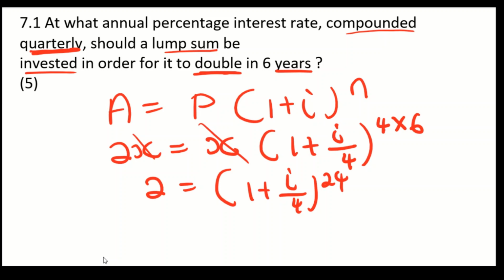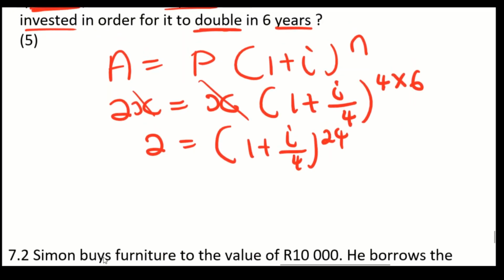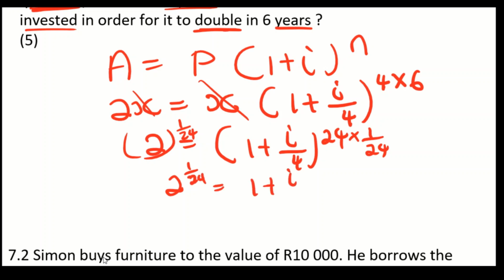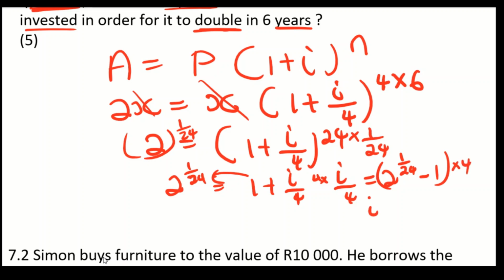And then we're going to multiply by 1 over 24, even here 1 over 24. And then we have 2 to the power of 1 over 24 is equals to 1 plus I over 4. Transpose the 1 to the other side, we have I over 4 is equals to 2 to the power of 1 over 24 minus 1. Then we multiply by 4 all sides, so here we'll multiply by 4. Then our I is equals to